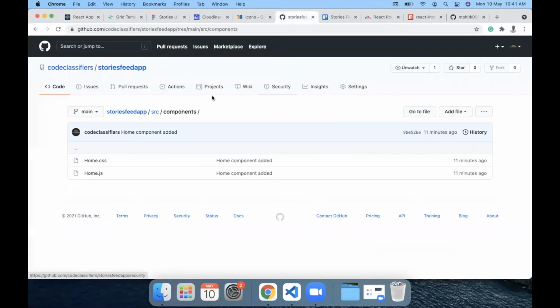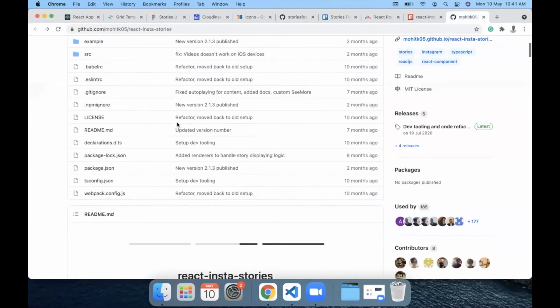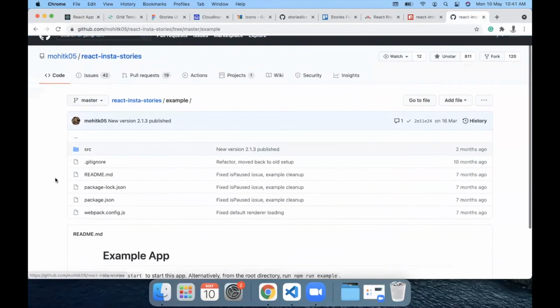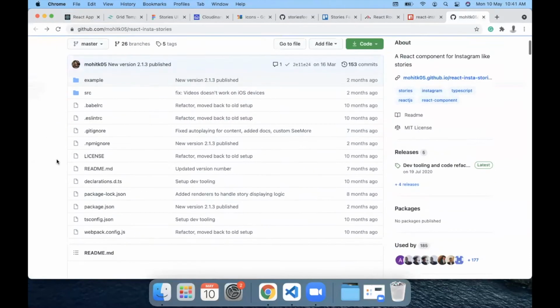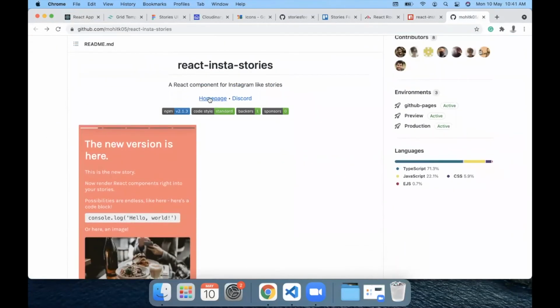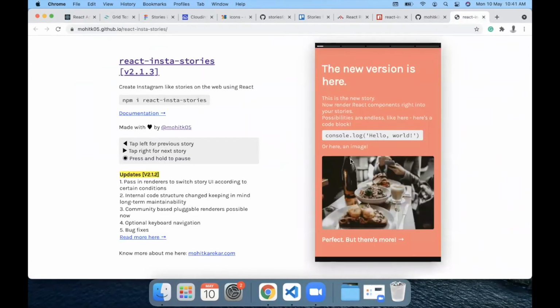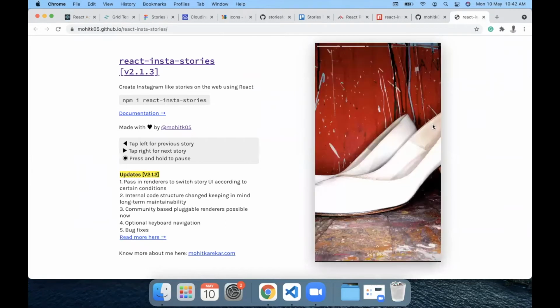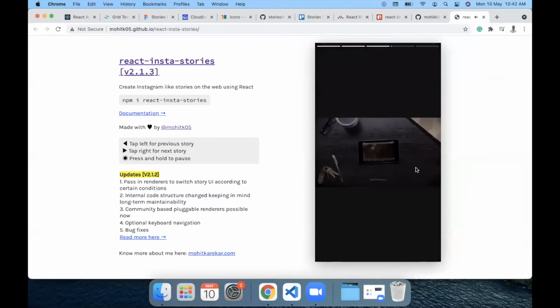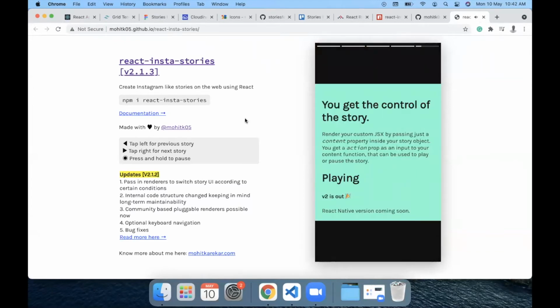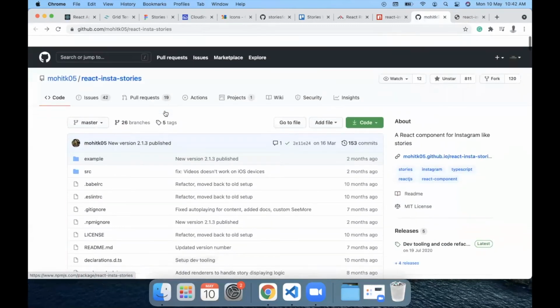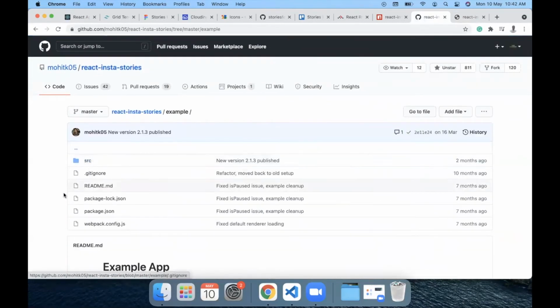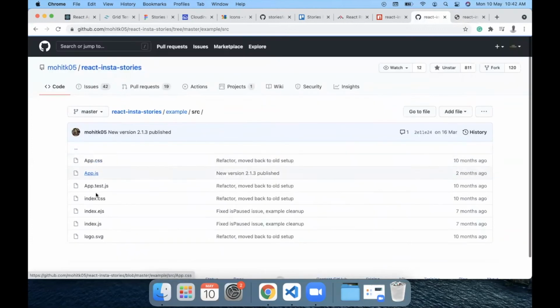If we go to this component here in the example folder, we have all kinds of examples. If we go to the demo of React Insta Stories, we can see different kinds of stories. This is the story which I'm trying to do, but the image will be at the top. Then the other kind of story I want to use is this pure image kind of stories. And we have videos as well. All this code resides in the example folder here, so let's go through it and understand how it is coded.